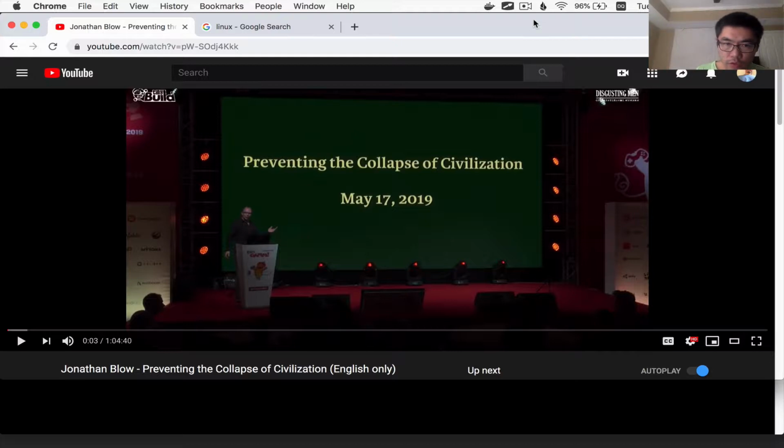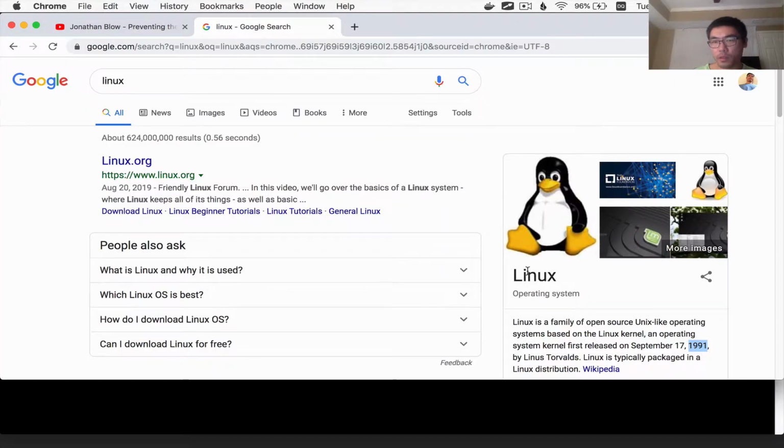So I want to at some point make a proof of concept operating system, just to prove to myself that I understand how an operating system works. And as you may know, Linux was really created that way by Linus Torvalds, and in a way, I'm just trying to recreate what he did back in 1991.